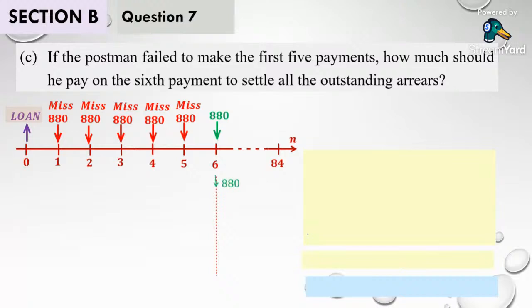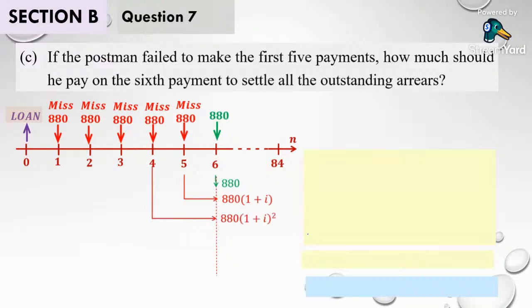So first of all, the current payment of 880 that is due. This is the amount that we need to pay now. Next, the 5th payment together with the interest, which is 880 multiplied by 1 plus i. The i is how much? Later we will calculate it specifically. But now this is just the general idea to let us see how we get the payment for those missed payments together with the interest.